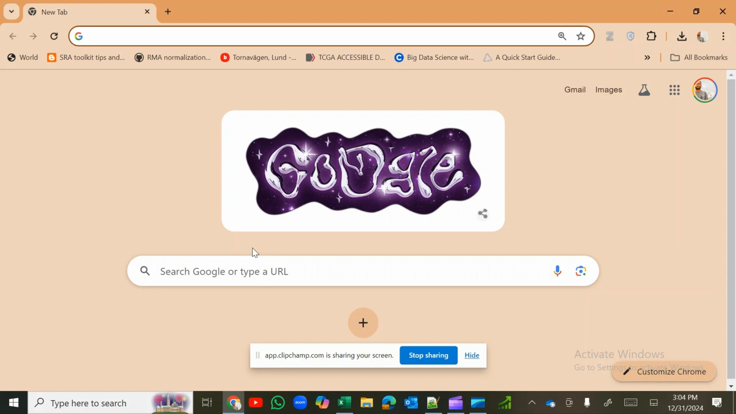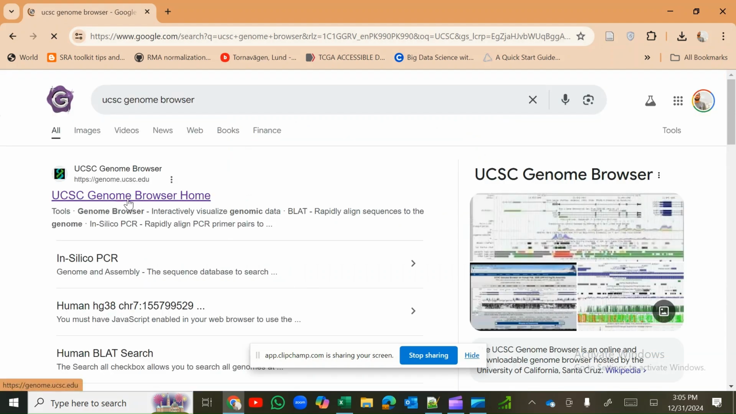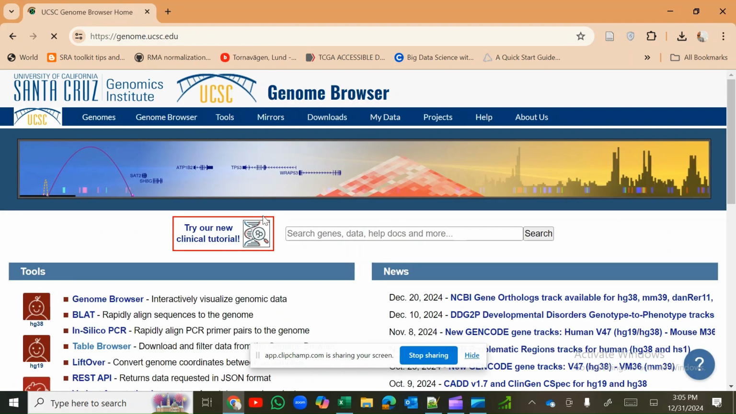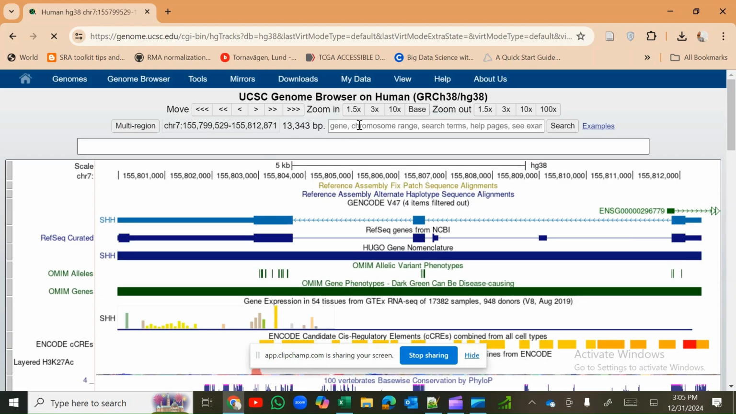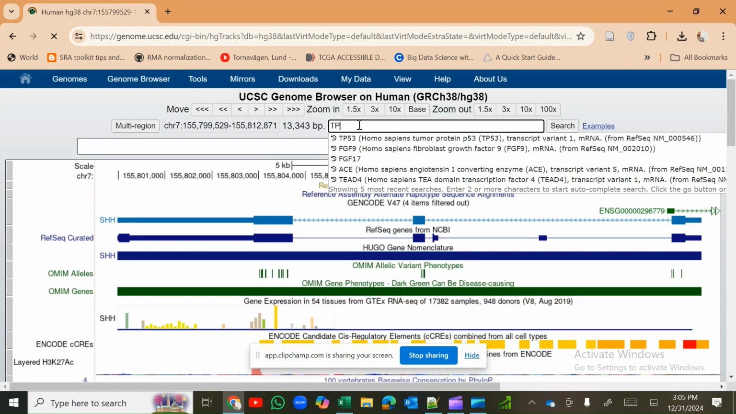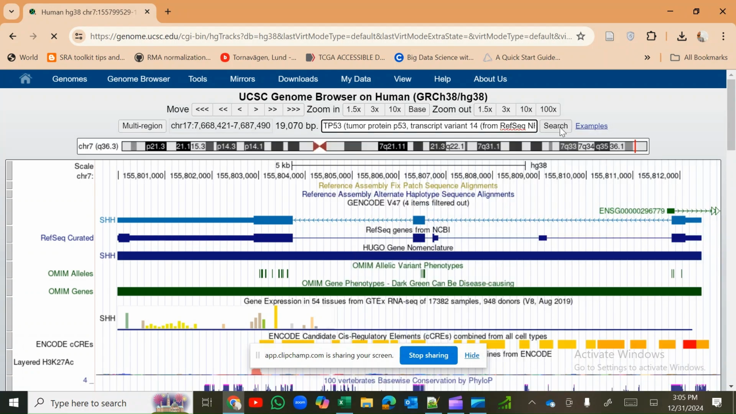Although it's easier for one gene, you can go and type the gene name on the Ensembl, UCSC or NCBI browser, and you can see where it starts and where it ends. For example, if I go to the UCSC genome browser and click the browser, and in the browser I type a specific gene name, for example TP53, and search it,